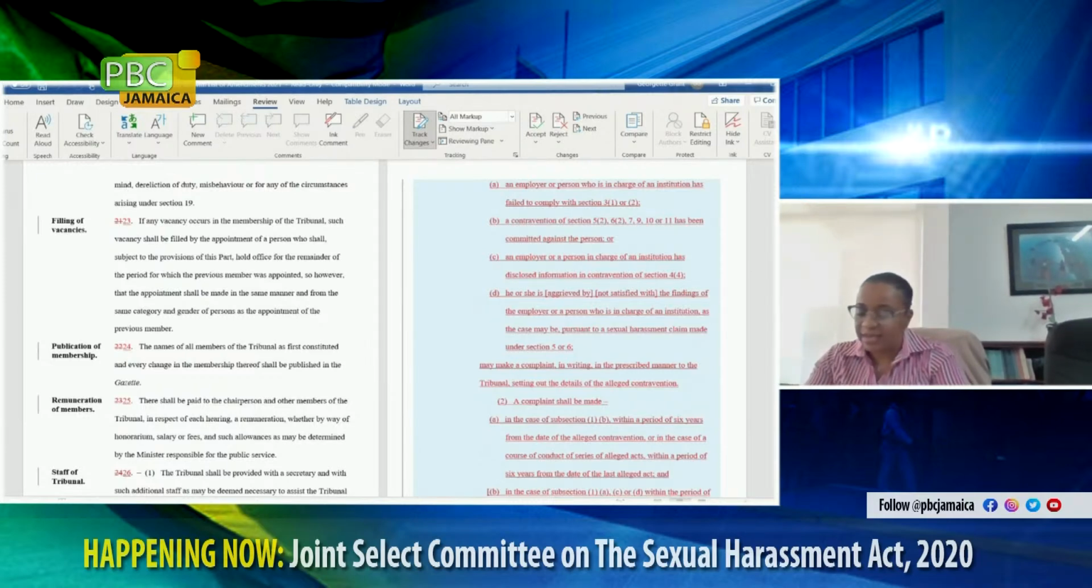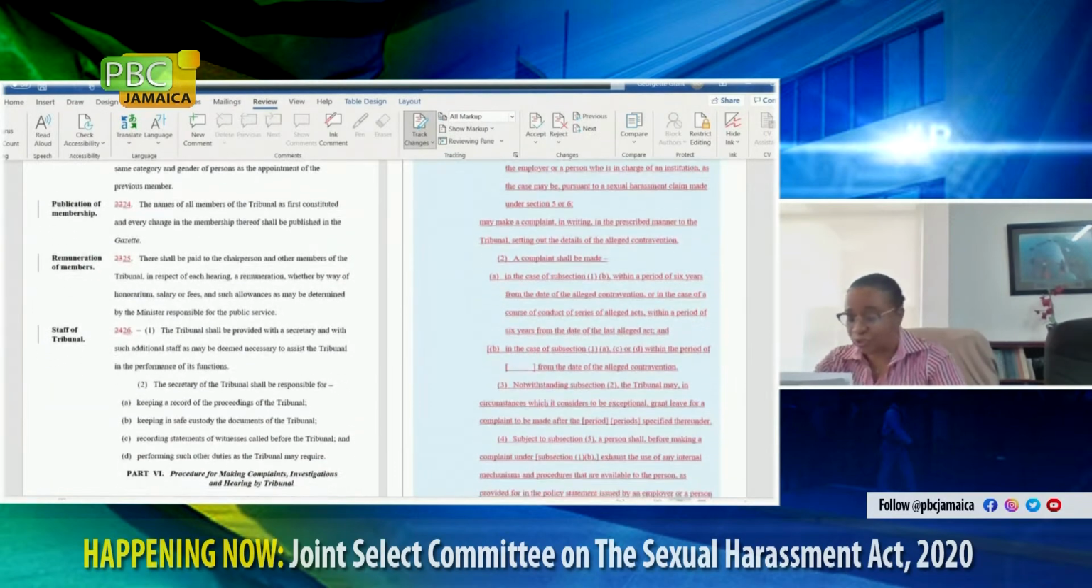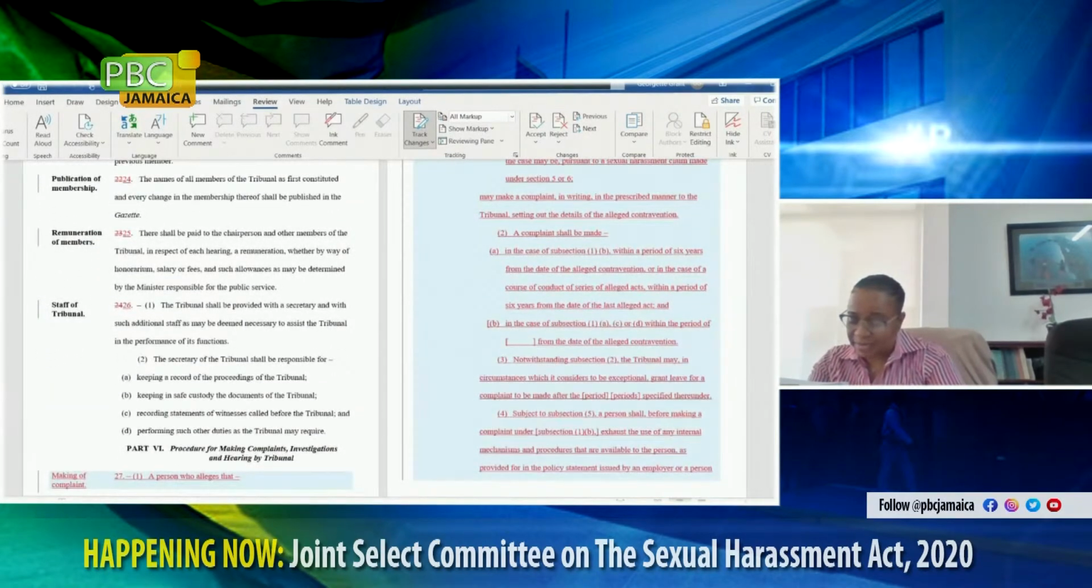Or D, he or she is aggrieved by, not satisfied with, the findings of the employer or a person who is in charge of an institution, as the case may be, pursuant to a sexual harassment claim made under Section 5 or 6, may make a complaint in writing in the prescribed manner to the tribunal, setting out the details of the alleged contravention. Subclause 2, a complaint shall be made A, in the case of subsection 1B,